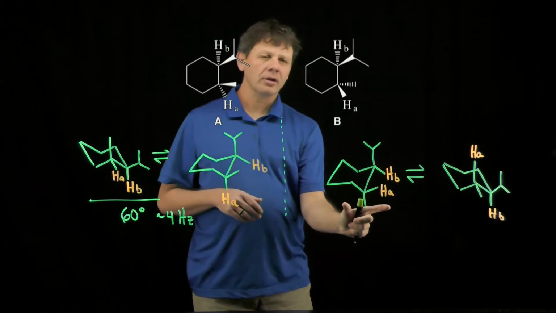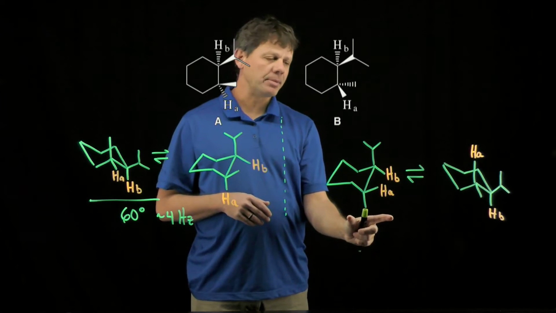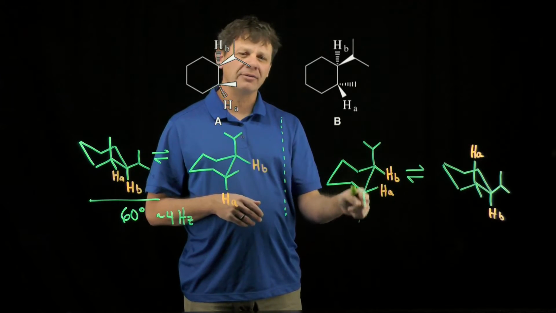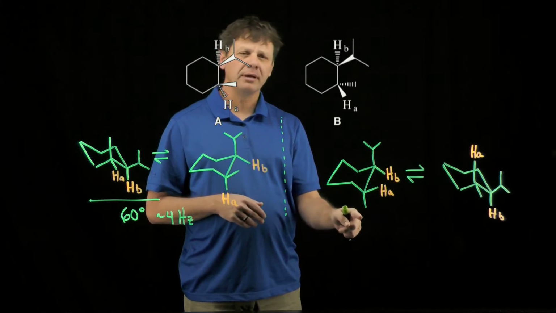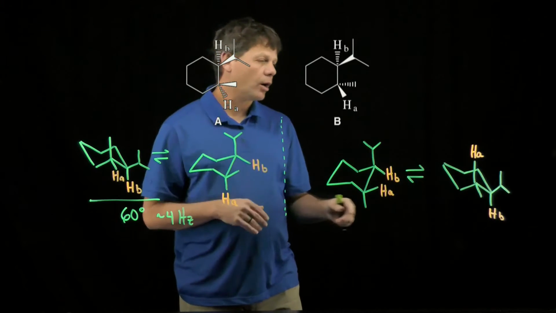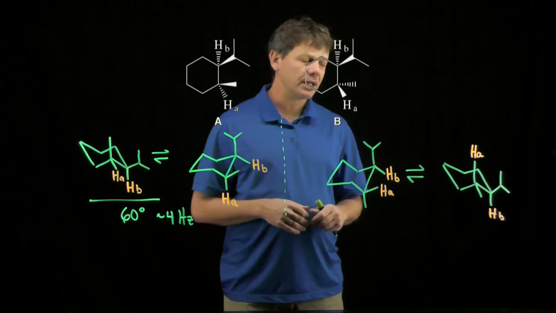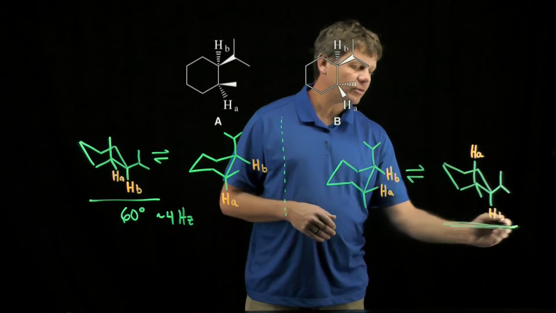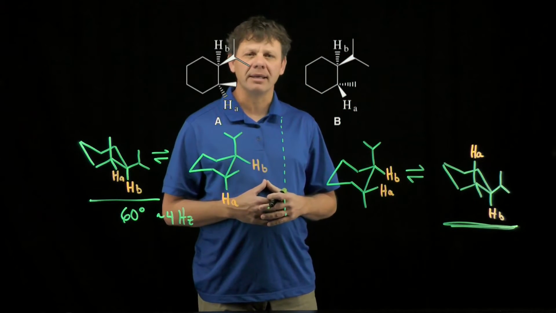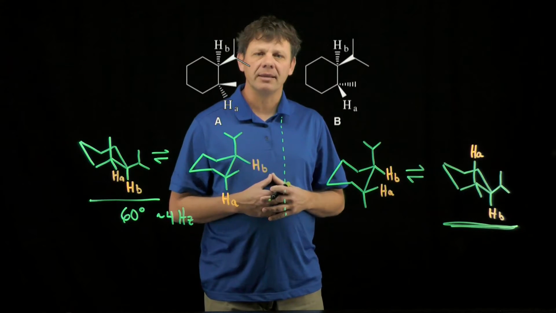Here, the first chair conformation that we would draw might be this one, where we have the isopropyl group axial and the methyl group axial. We can do a ring flip to get the isopropyl group in the equatorial and the methyl group in the equatorial. So this is going to be favored by quite a bit because it puts both groups in the equatorial